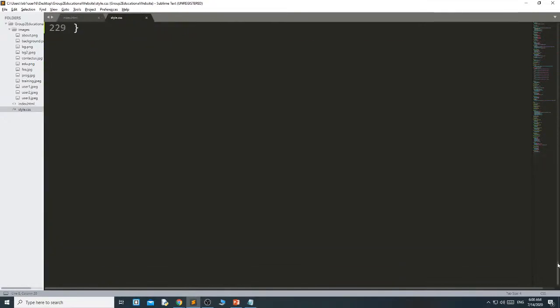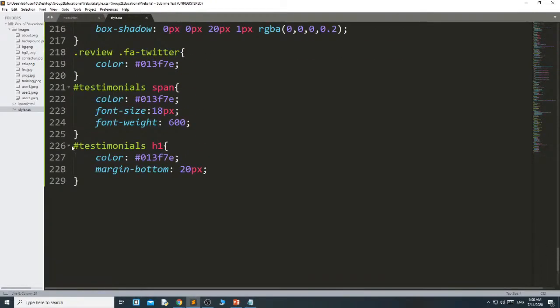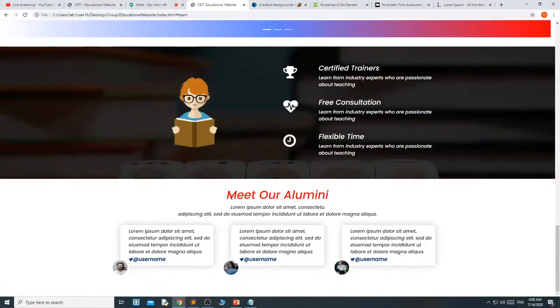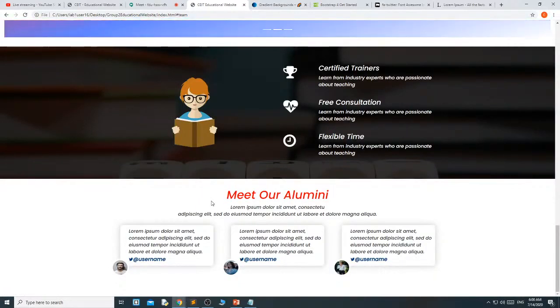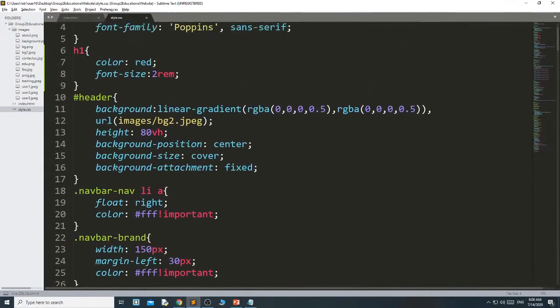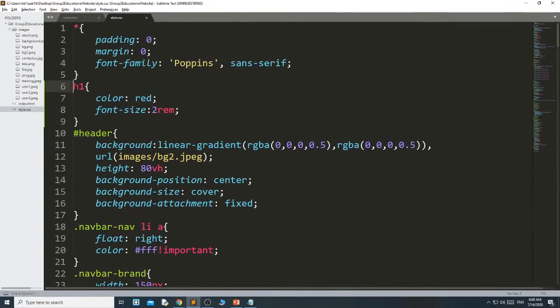Now here, let me comment this line. Now you can see it becomes red in color and font size is 2 rem, because when you do not override the styles of the H1 belonging to that section, whatever universal style you have given here, that style will apply.